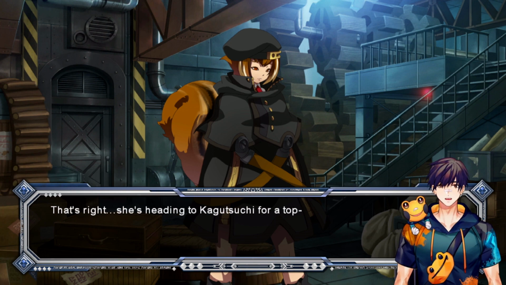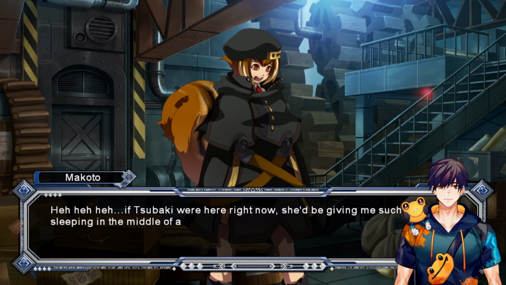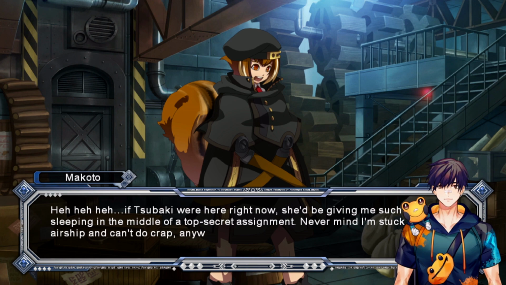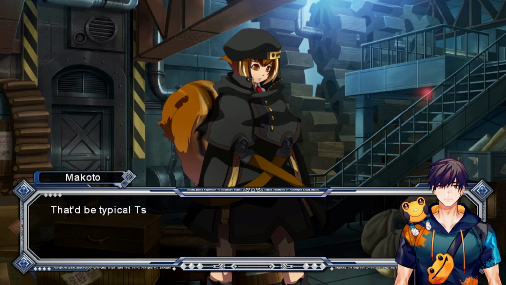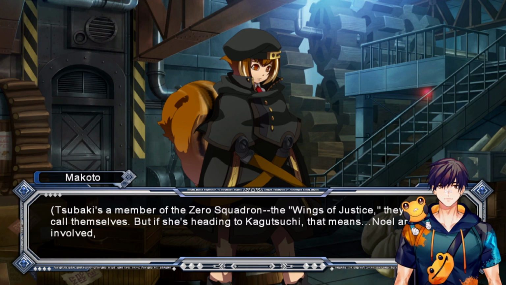That's right. She's heading to Kagutsuchi for a top-secret mission of her own. If Tsubaki were here right now, she'd be giving me such shit for sleeping in the middle of a top-secret assignment. Never mind, I'm stuck on an airship and can't do crap anyway. That'd be typical Tsubaki. Tsubaki's a member of the Zero Squadron. The Wings of Justice, they like to call themselves. But if she's heading to Kagutsuchi, that means...